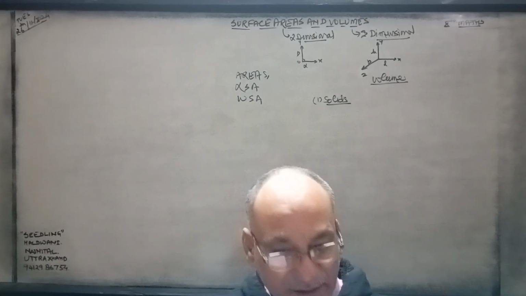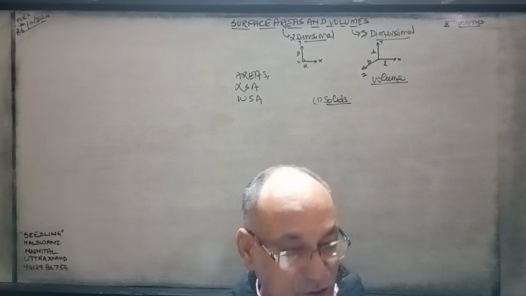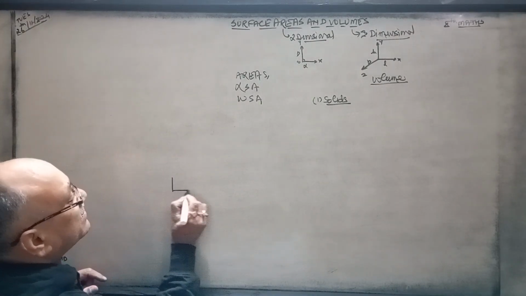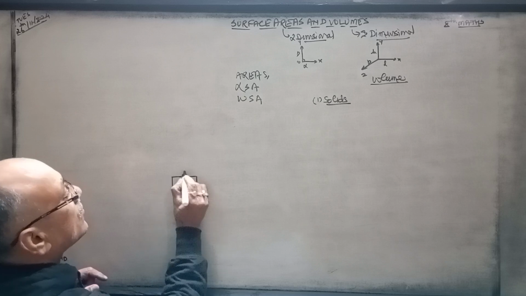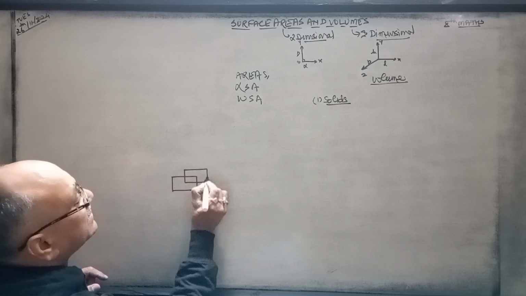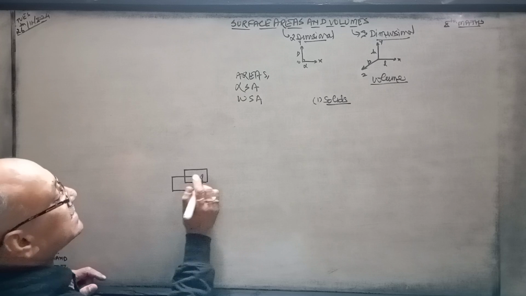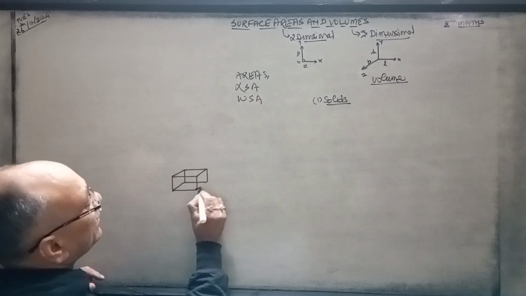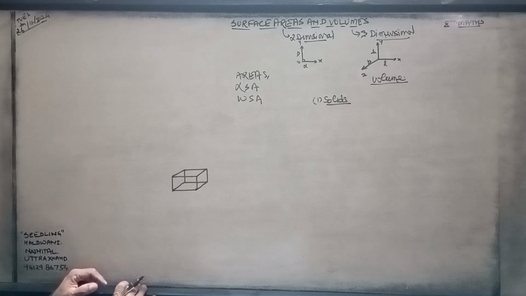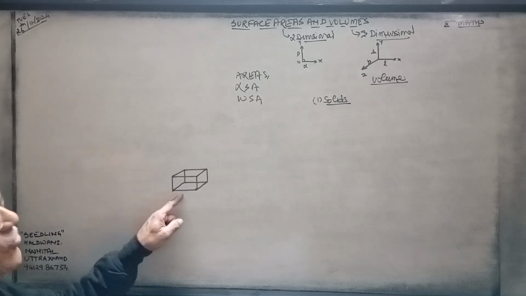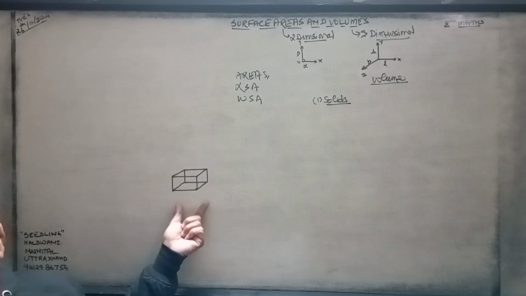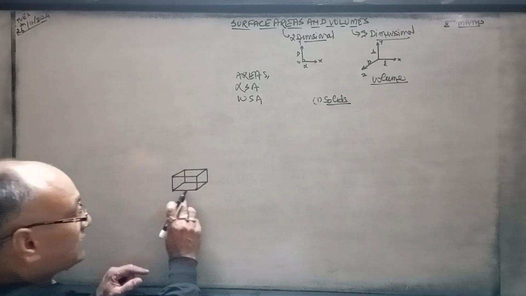A solid may be rectangular, meaning a cuboid. So now, how do you make the cuboid? When 2 rectangles are kept one over another, one rectangle is this, second is this, and when you join the corners, the new figure in front of it is the cuboid. The cuboid is a 3-dimensional figure. So it is also a solid.